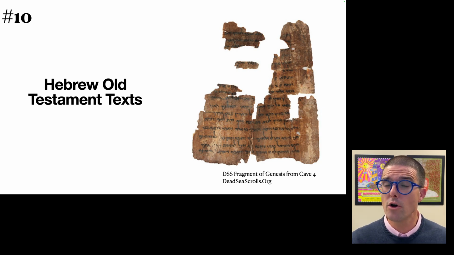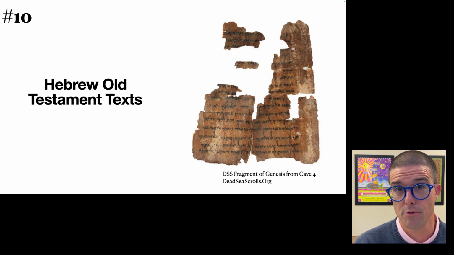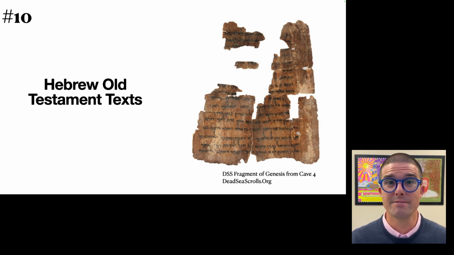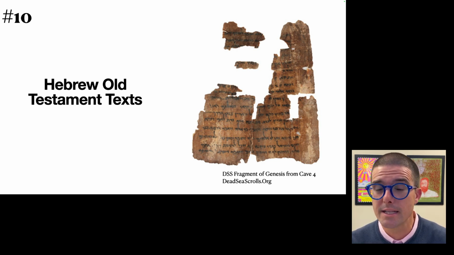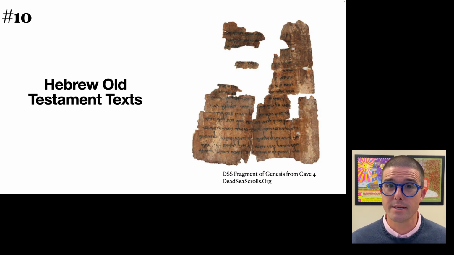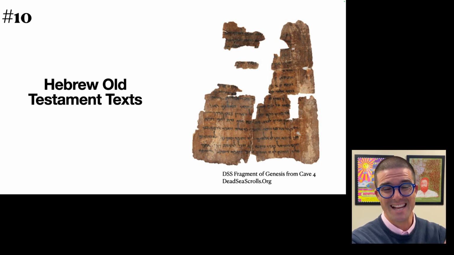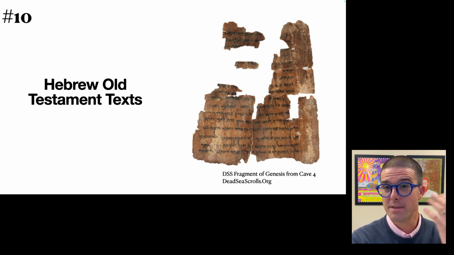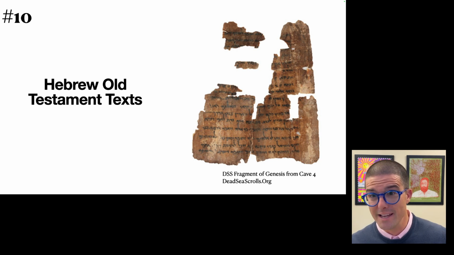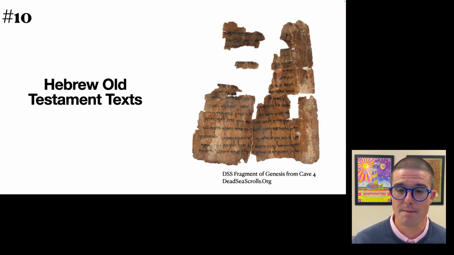And this is the case also with individual Hebrew texts, that there are a variety of different texts of Genesis, though they largely say mostly the same thing and are largely mostly consistent with one another. But from the very beginning of the Hebrew Bible, we have variety and diversity. There is not just one single Hebrew text that stands at the beginning of our line of Hebrew translations that would become English translations of the Bible.